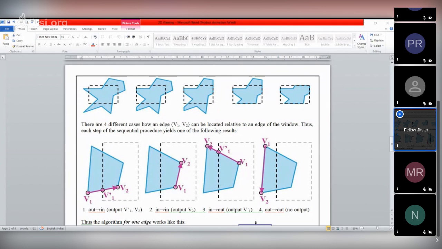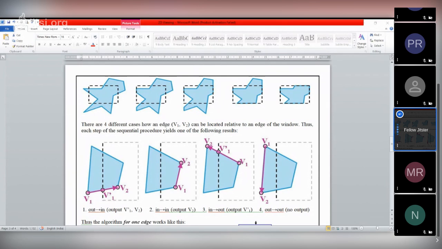Thus, each step of the sequential procedure yields one of the following results: out to in. Look here, the windows, this side is from out to in. That means output is v1, v-1 and v2. So v-1 we have to find.